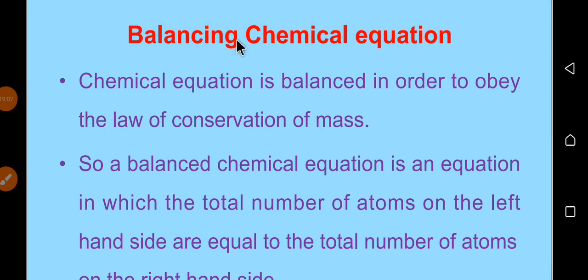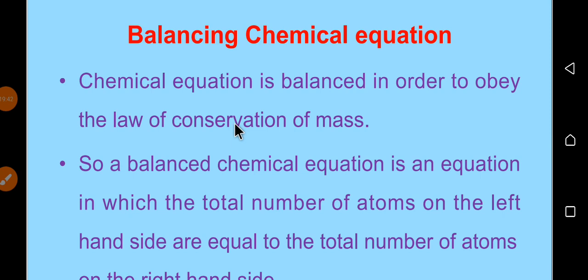And the next point or subtopic is balancing chemical equation. ቀጣይ ደግሞ የምንመለከተው balancing chemical equation ማለት ምን ማለት ነው? And also how can we balance the given chemical equation? የተሰጠን chemical equation እንዴት ባላንስ ማድረግ አለብን? A chemical equation is balanced in order to obey the laws of conservation of mass. As I told you on the above slide, the main aim or the main objective of balancing a chemical equation is to obey the laws of